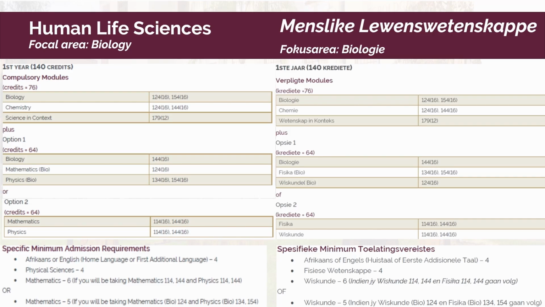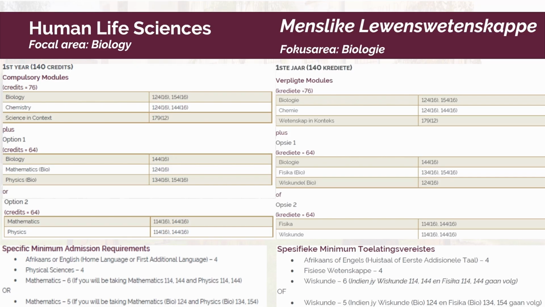So for the human life sciences focal area biology, in your first year, compulsory modules include biology 124, 154, chemistry 124, 144, science in context 179, plus you can choose from option 1 or option 2 the following: biology 144, mathematics bio 124, physics bio 134 and 154.